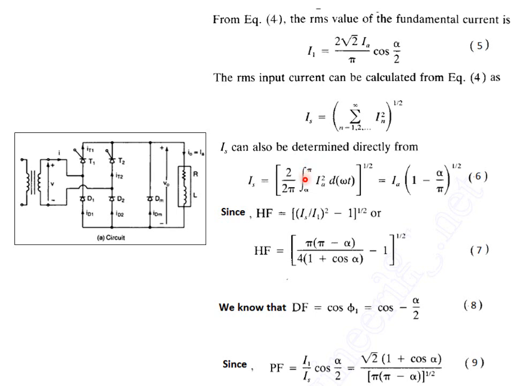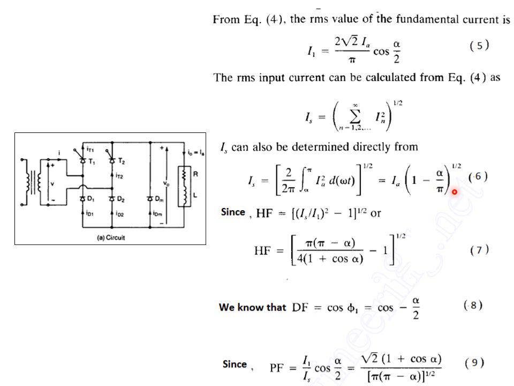Using the waveform, we know it will go from alpha to pi. Though the current is positive and negative at the input side, and hence we got IDC as 0, here it is a squared term, so there is no question of cancelling. So you can substitute alpha to pi and take 2 times that, so it becomes Ia squared d omega t under the root sign. Solving, I get Ia times the square root of 1 minus alpha by pi.